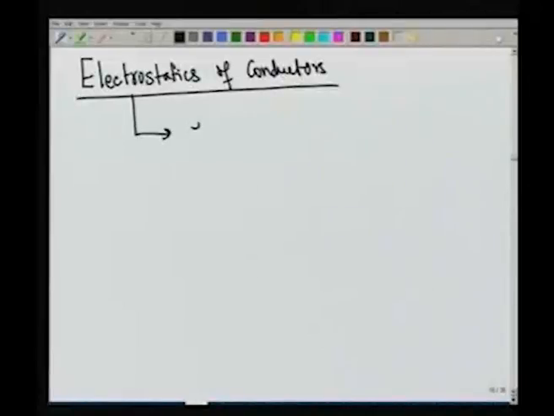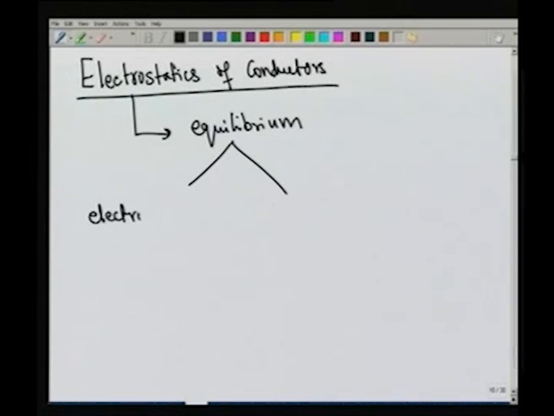Now, every time when we speak of a conductor, we can imagine that if I apply an electric field, the current starts moving and there is a dissipation, etc. That is not what I am interested in. I am interested in the electrostatics, that is when there is equilibrium. Now, this equilibrium is of two kinds. One is what I will call electrostatic equilibrium,